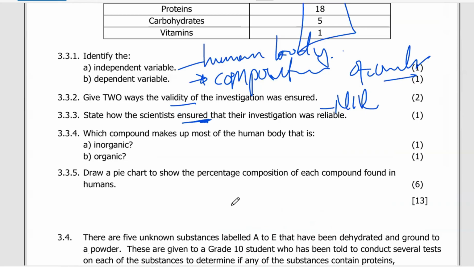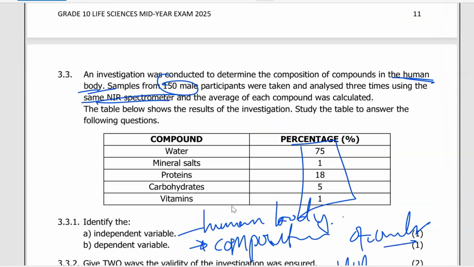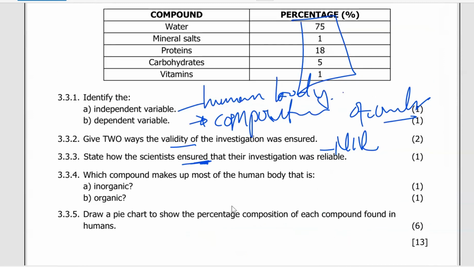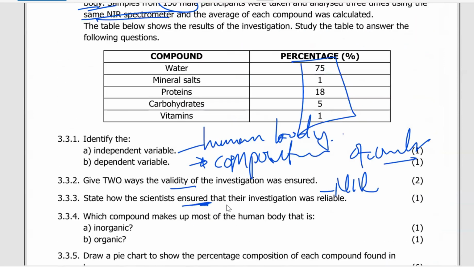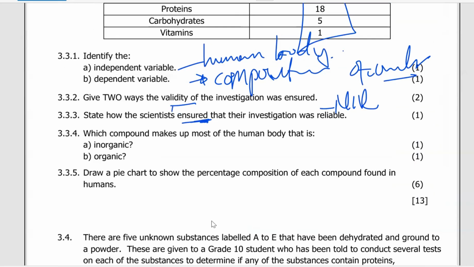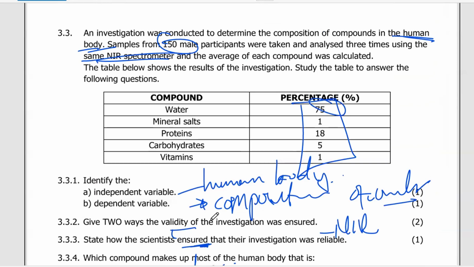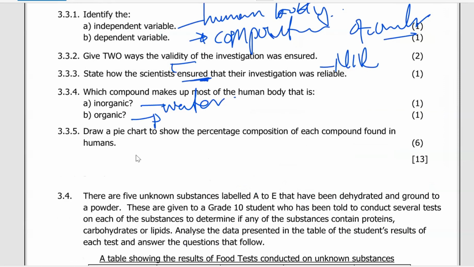Which compound makes up the most of the human body that is inorganic? So here we see that water is, because water is inorganic, so it is 75%. Therefore, the answer here becomes water. And then we come back here to organic, because we have this, and this. These are organics. So it is 18%, which is protein. So here I will say protein. Then they are saying that